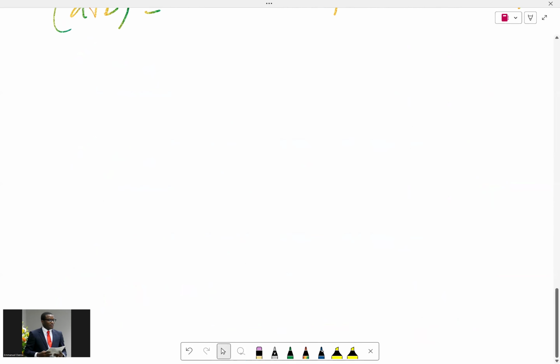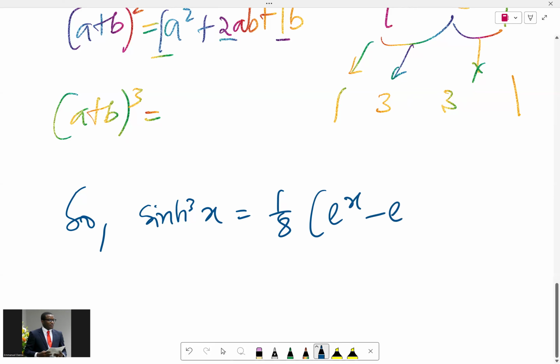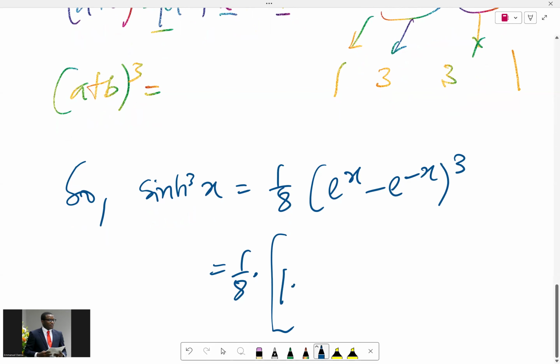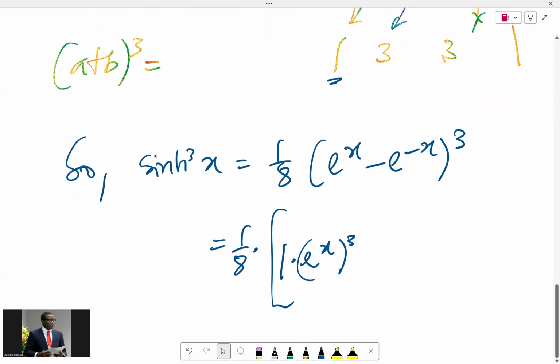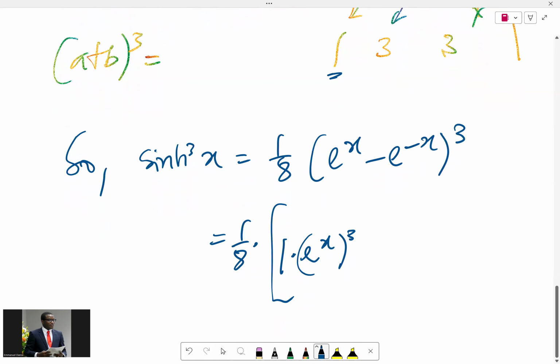So we can come back and say sinh cube x is the same thing as 1 over 8 into e raised power x minus e raised power minus x raised power 3. And from Pascal's triangle, that would be 1 over 8, just hold that there. Then e raised power x: the coefficient is 1, times e raised power x, all raised power 3. That's the first one. Then the next thing is you have plus,